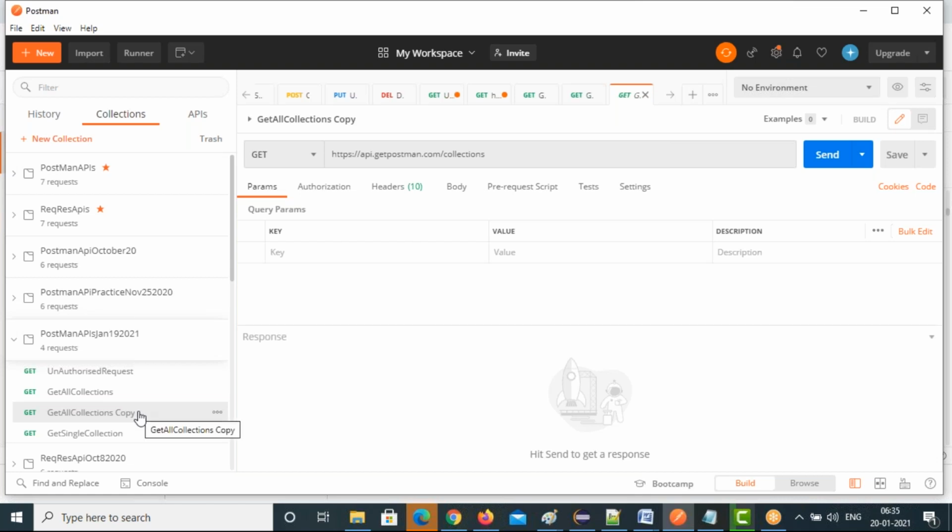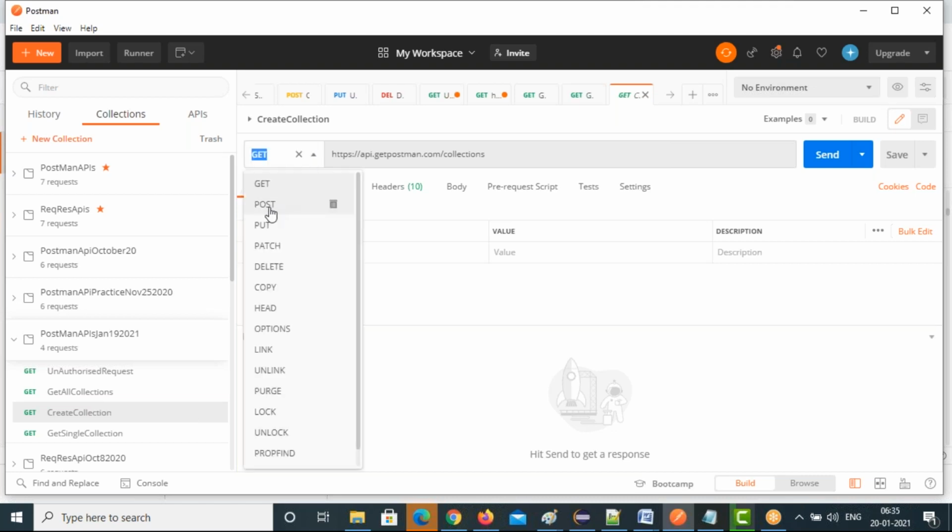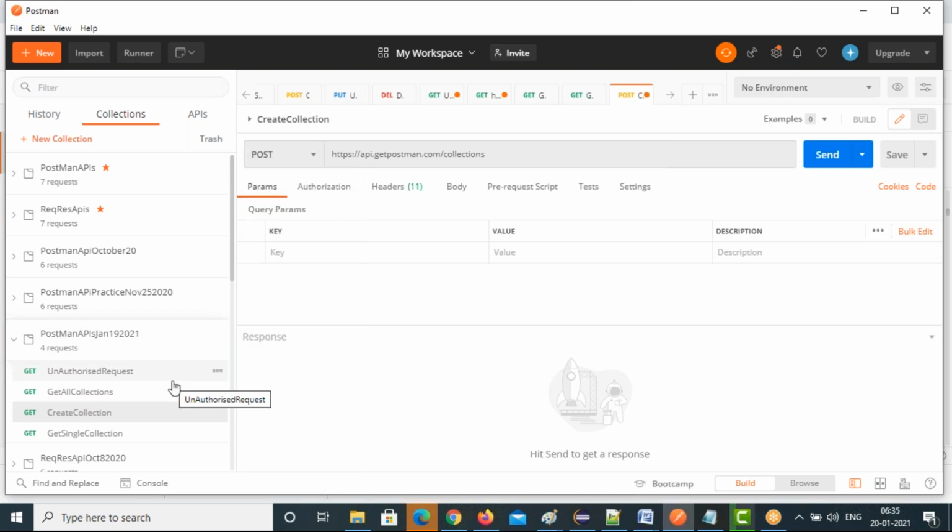And I'll just rename it, create collection. But we need to change the method also to post, not get. Change this get to post. Then save it.